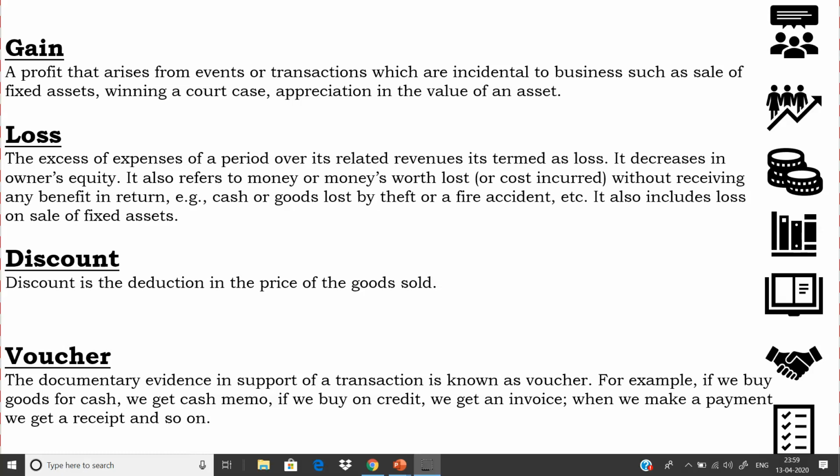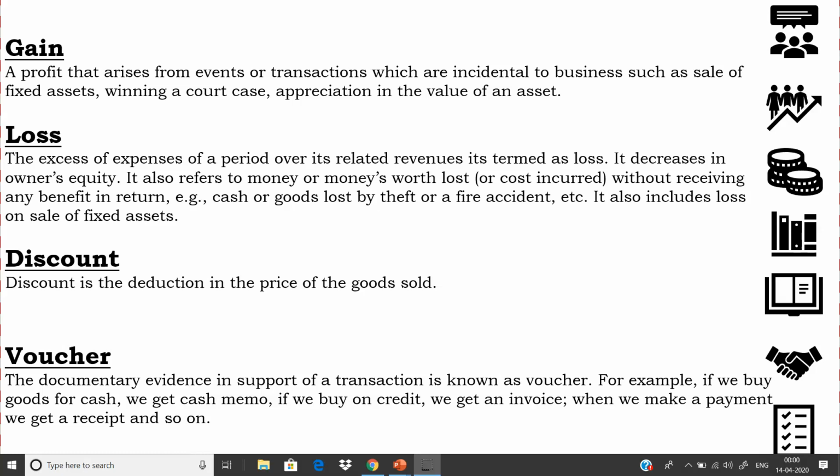This is incidental to my business, but not a regular activity that I follow. Every day I do not sell my mannequin. Why? Because my regular business is buying and selling the suits, but selling a mannequin is not a regular activity. So if I sell it at a profit, I bought it for 1,000 rupees, but I incidentally sell it for 1,200 rupees to a friend or anyone who asked for it.